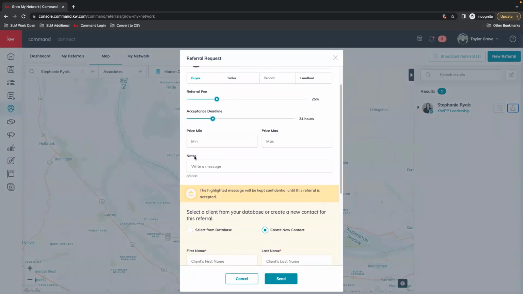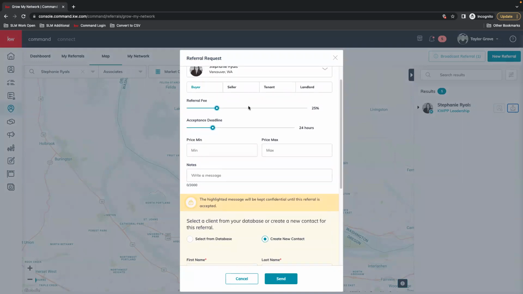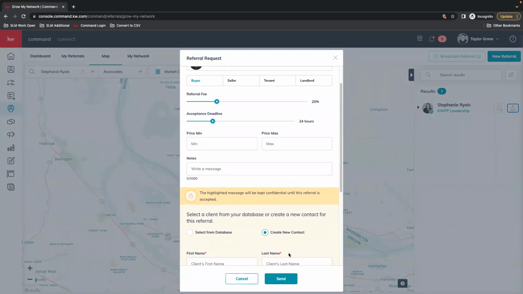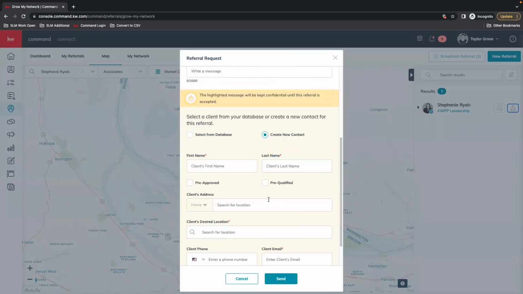So let's say we send the information over for this referral, but this agent doesn't want to send a referral fee, they do not have access to the client information. Not that agents do this, but this prevents anyone from trying to take the client information, reject the referral request, but then contact them and try to get them as a client without the referral.